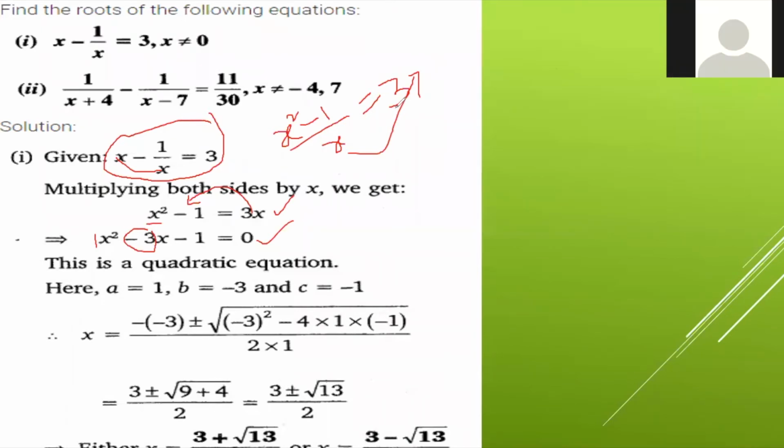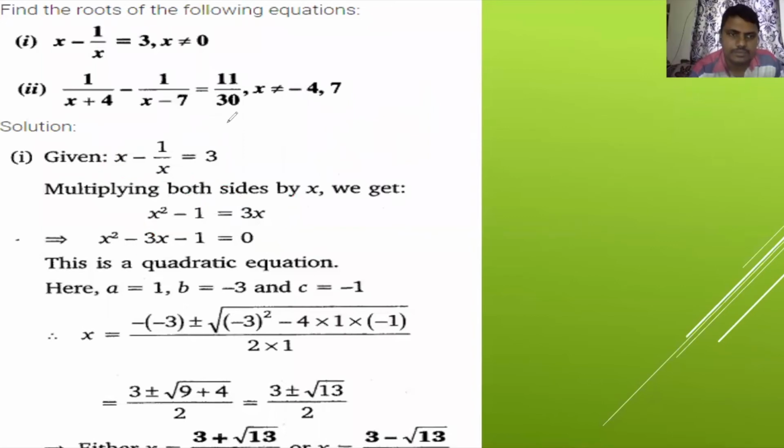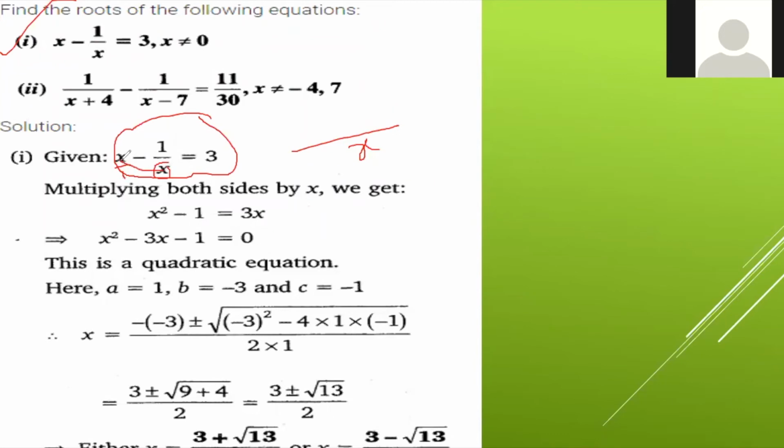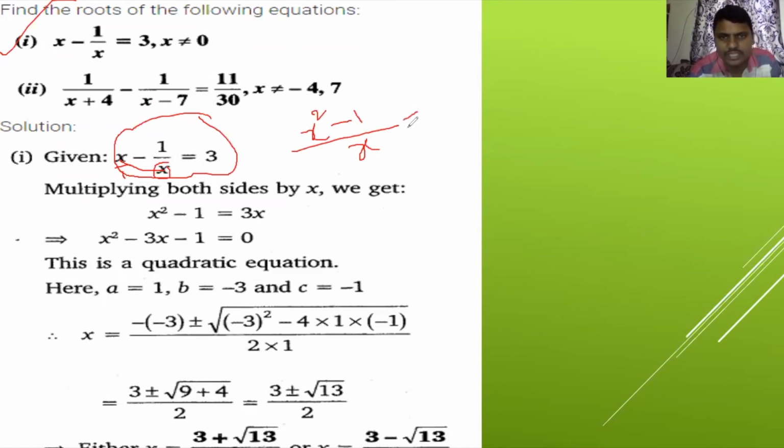Yes, for you again I'll explain. So x minus 1 by x is equal to 3, they have given, question number 1. So first I will convert the given equation into a quadratic equation. So I will take LCM as x, because the denominator is x, here the denominator is nothing. So x into x, x square. So here minus 1, this is the numerator, minus 1. So on the LHS, this is the LCM, is equal to 3.